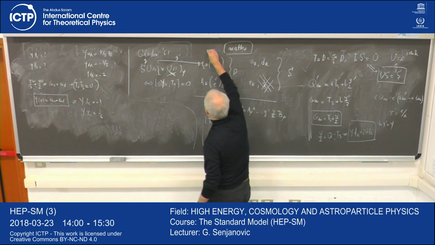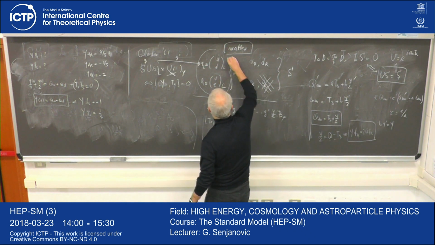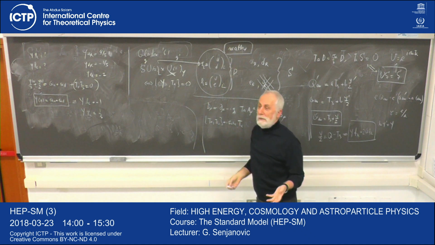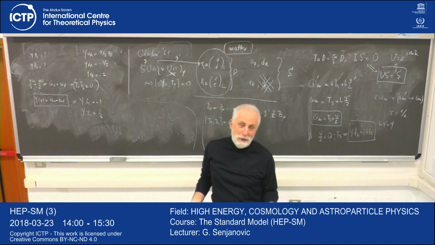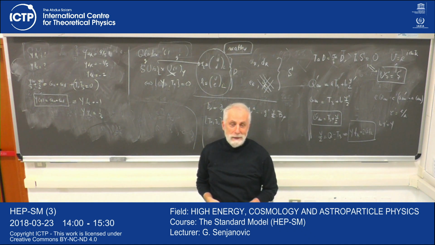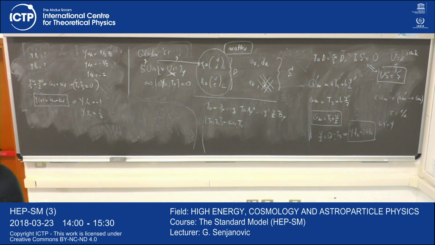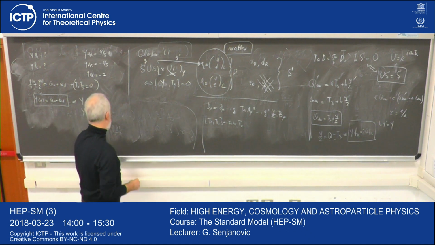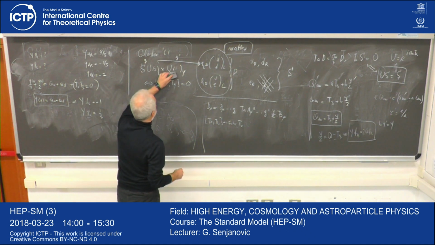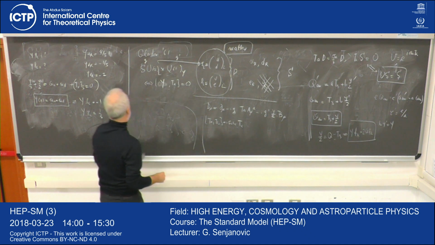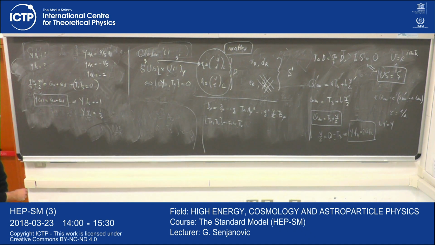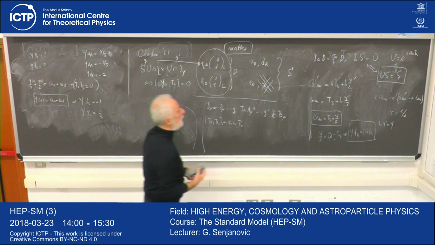By the fact that I took only left-handed doublets, I reproduce weak interactions trivially. You agree, the W boson. That we checked already last time. How did we get it? Because sigma 1, sigma 2 being off diagonal gave me immediately this charge changing interaction. So from this covariant derivative,